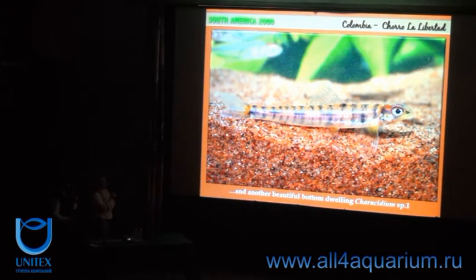And this is another one, also Characidium, my SP1. And you can see it belongs to the same group of fishes, but they have not evolved in order to